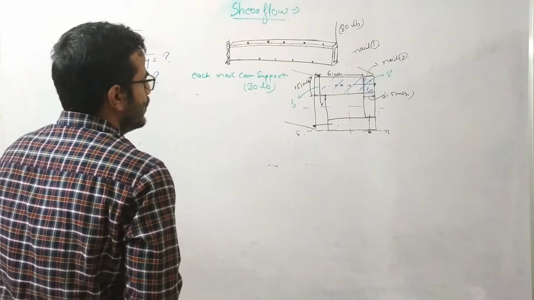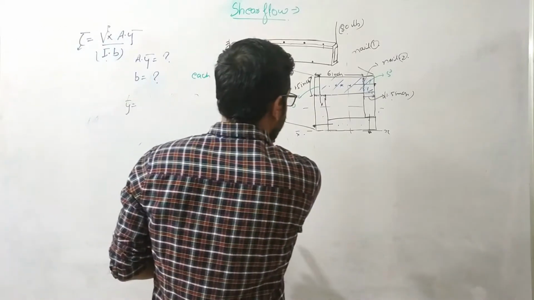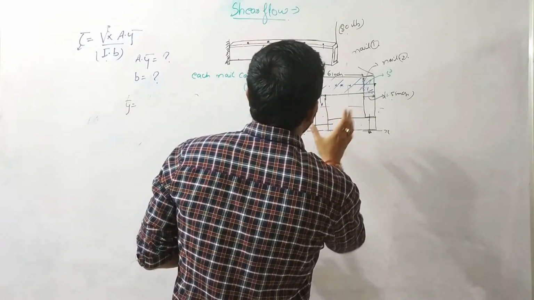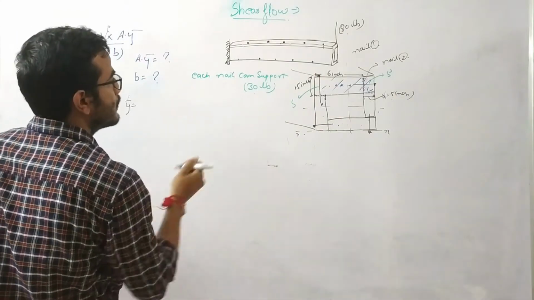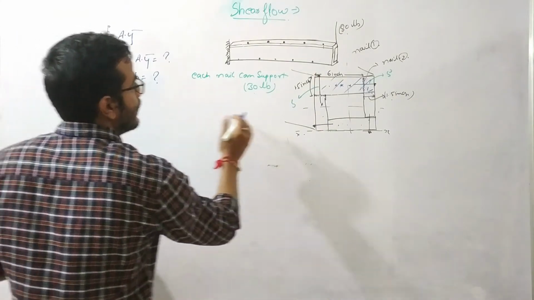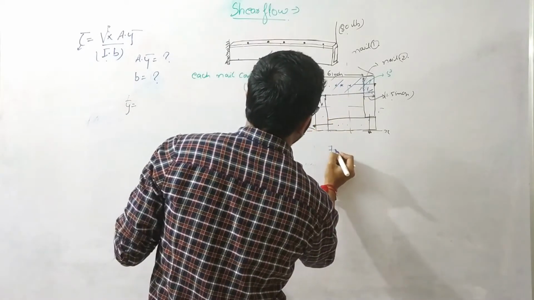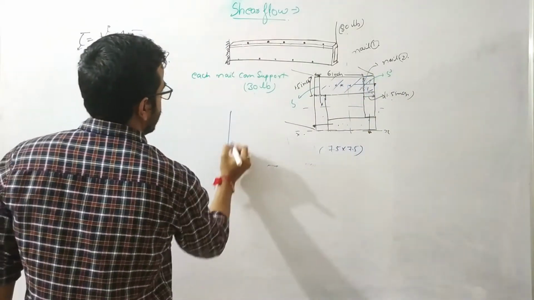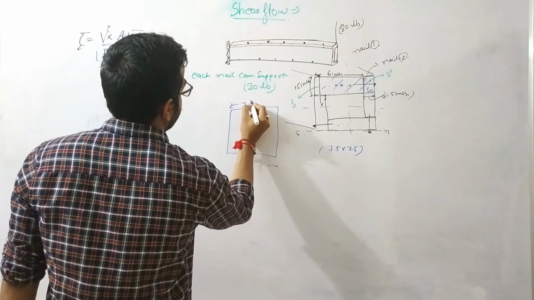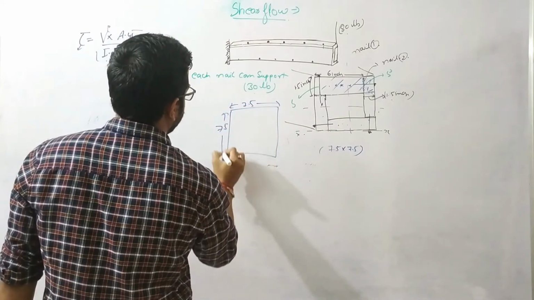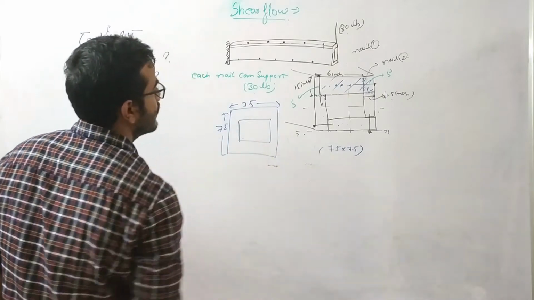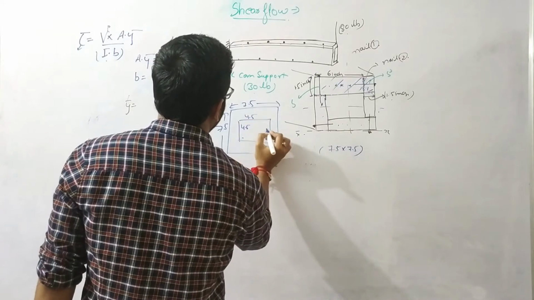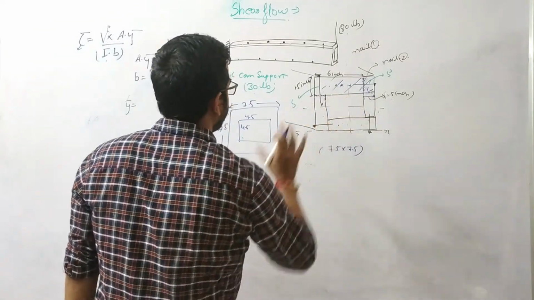So the centroid will be y bar. Let us suppose this complete cross section is 7.5 into 7.5 inch. It is like this. This is 7.5, this is 7.5, and the clear area inside is 4.5. This is 4.5, this is 6, and 6 minus 1.5 is 4.5.